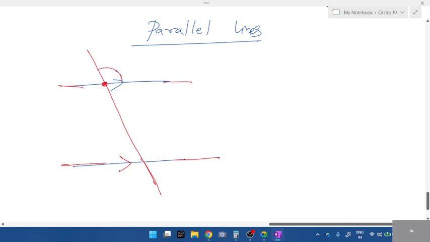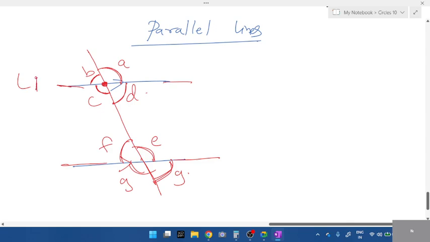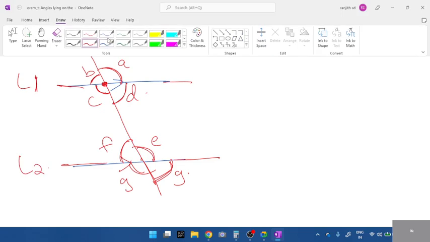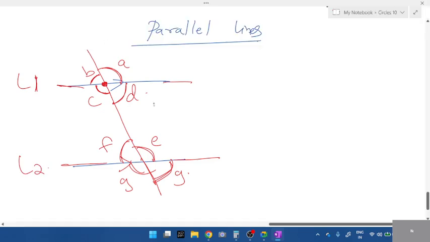How many angles are formed here? This is one angle A, right? And from here to here another angle B. From this end to this end C, and from here to here, what do you call it? D. In the same way here, E, F, G, and H. So in the first line, students, let me take line 1, parallel line 1, and line 2. In line 1, how many angles are formed? 4 angles, A, B, C, D. In line 2,